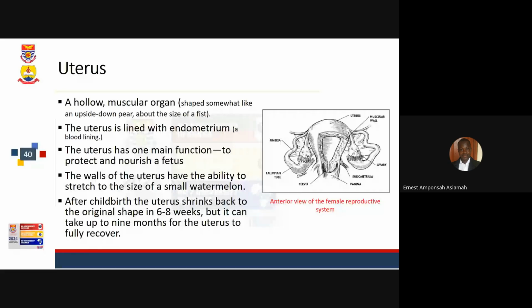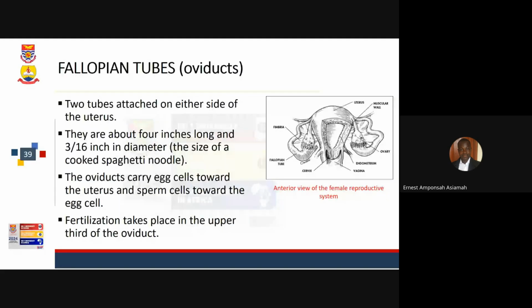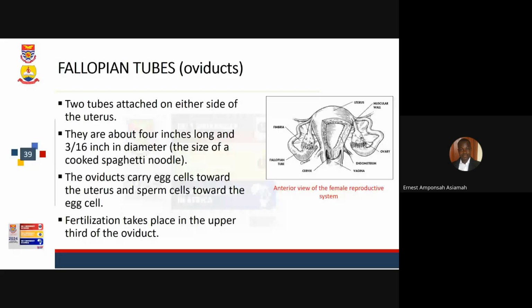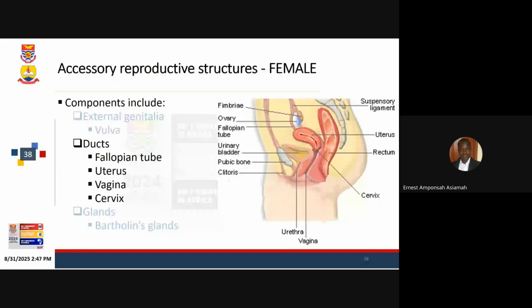Okay. So all these values that sometimes we quote, they are averages, and we are not saying that is the absolute. I said that it can take up to 9 months. So you can still have 6 months, and the uterus can take another pregnancy. So they are not absolute.